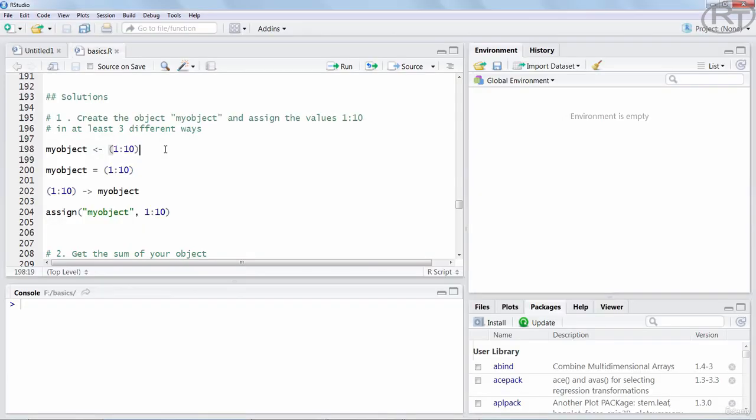Alright, let's now start with the solutions to our 5 exercises. The first task was to create an object called myObject in at least 3 different ways. This object was a simple integer vector from 1 to 10. Basically we have 2 components, the object name, myObject, on the left side and the integers 1 through 10 on the right side. We need a link so that R knows that myObject is now the container for those 10